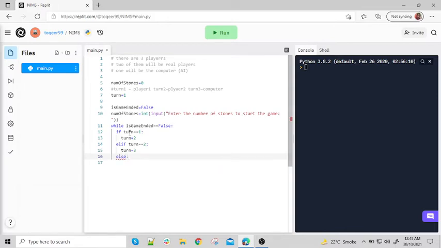Else is the last case, when the turn will be 3 itself, we will set it to turn is equal to 1. So this is the basics of the game. So now I will ask each of the player to choose the number of stones he wants to withdraw from the game. So what we have to do here is, first of all we will print a message to be